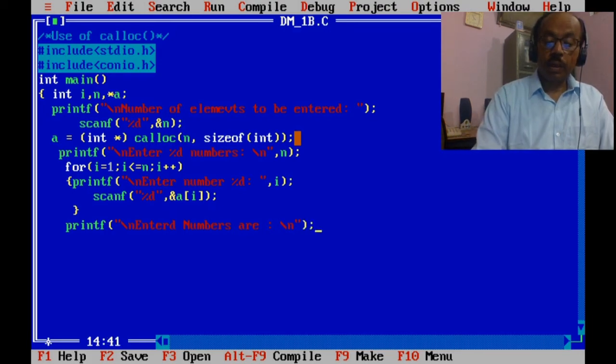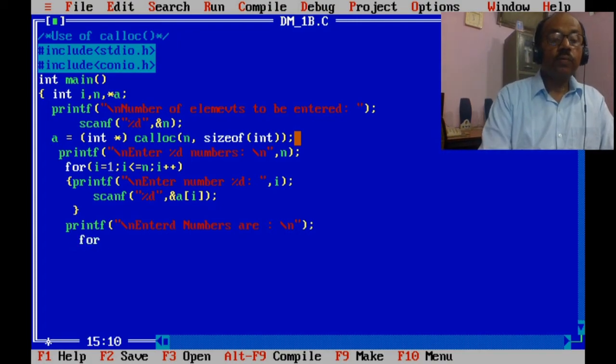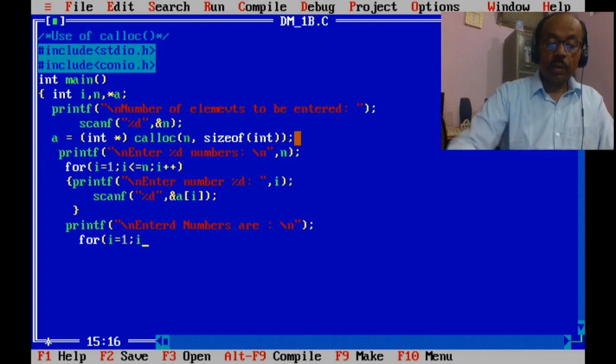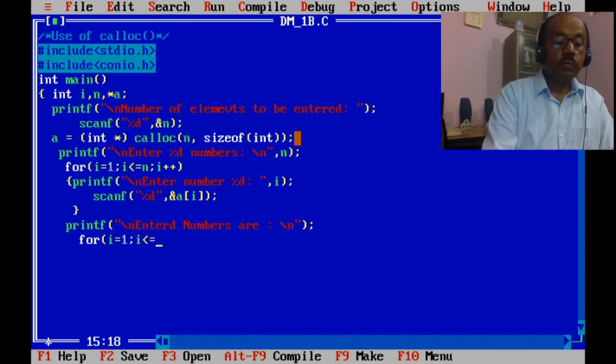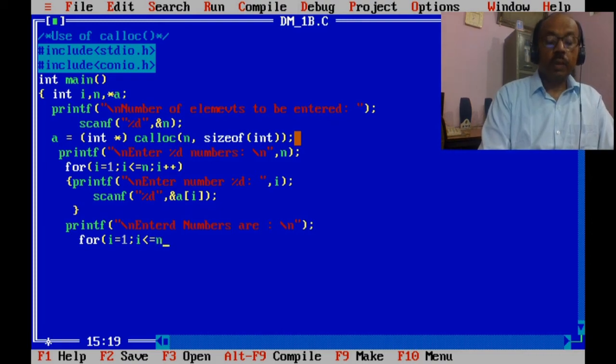Entered numbers are, and again a loop for i equal to 1, i less than or equal to n, i plus plus.